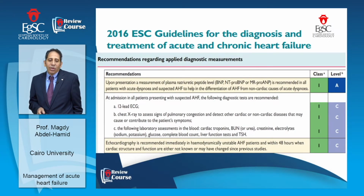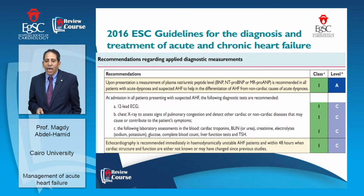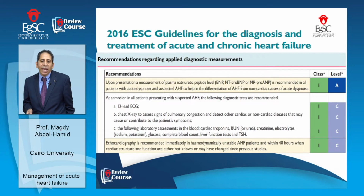So for every patient with acute heart failure on presentation, the following measurements should be done. We have to estimate the natriuretic peptide levels, BNP, NT-proBNP level, or mid-region pro-atrial natriuretic peptide in all patients presenting with acute shortness of breath and suspected to have acute heart failure, because this can differentiate dyspnea due to acute heart failure from dyspnea due to other causes. And this recommendation is class 1A recommendation, as well as all patients being subjected to a 12-lead electrocardiogram,